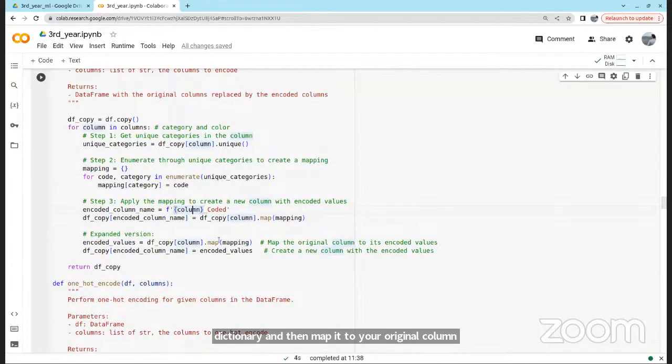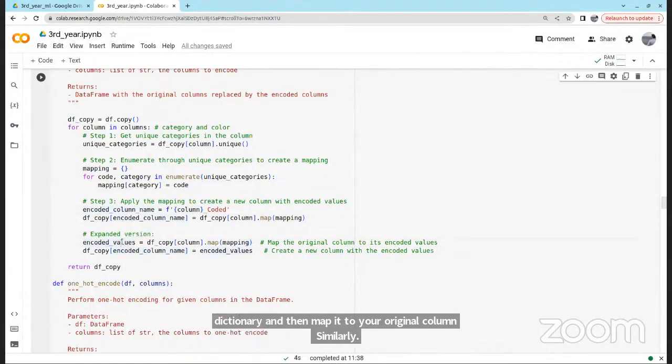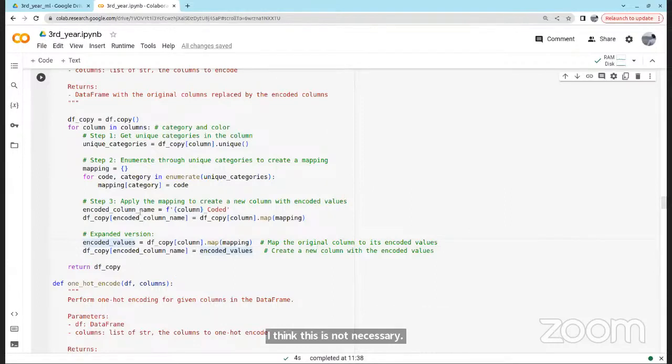Similarly, I think this is not necessary. Encoded values, df copy encoded column name is equal to encoded. Yeah, I think this is not necessary.